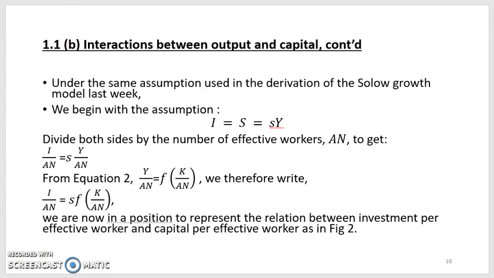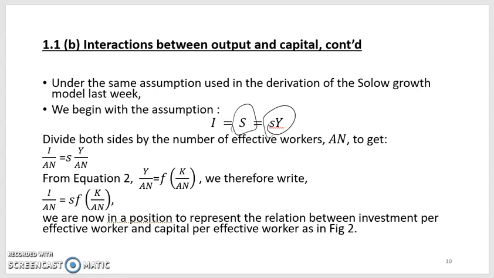Under the same assumption used in the derivation of the Solow growth model in the previous chapter last week, we begin by stating that investment is given by savings, and savings is basically the ratio of income that is saved, which is basically stating that investment is given by